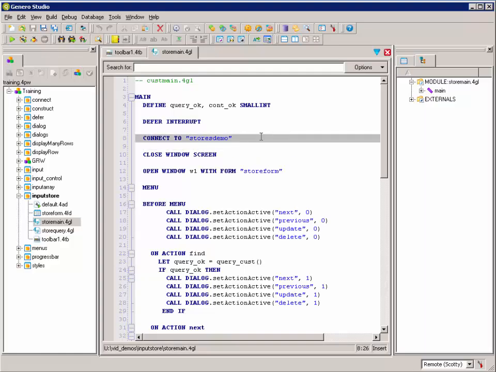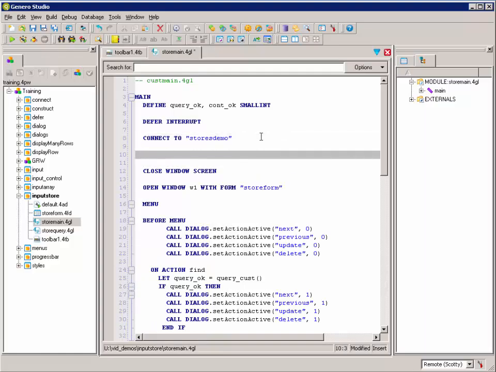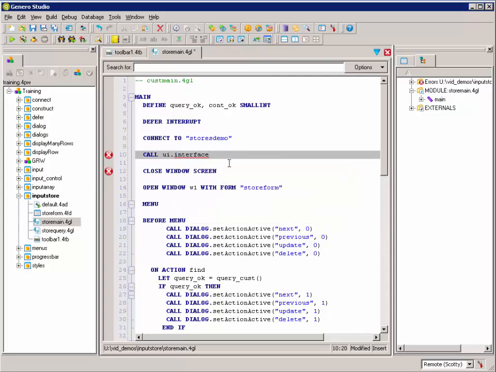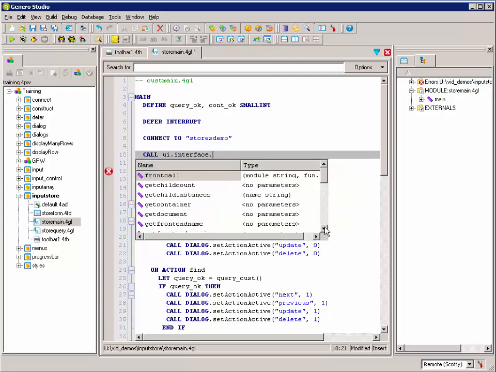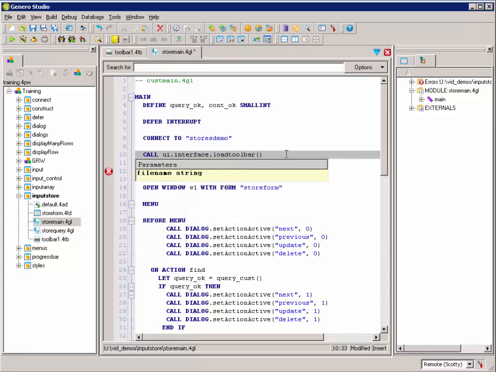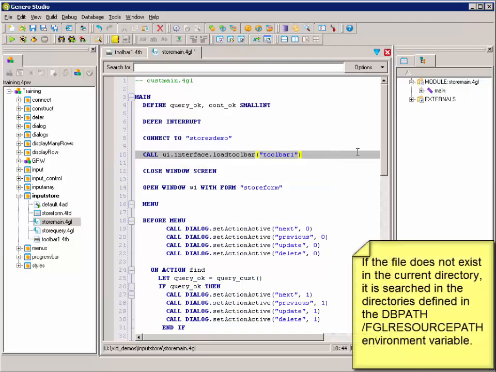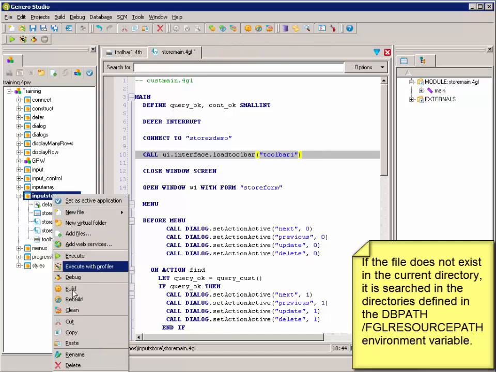And I'm going to do it here right after I connect. I'm going to make a call to a method that lets me load this toolbar. So I'm going to call ui.Interface, and the method I want to use is called load_toolbar. Now all I need to do is provide the name of my 4TB file, but without the extension, and ours was toolbar1, and as long as the program can find that file, it will load it here when we run the program. So let's go ahead and rebuild